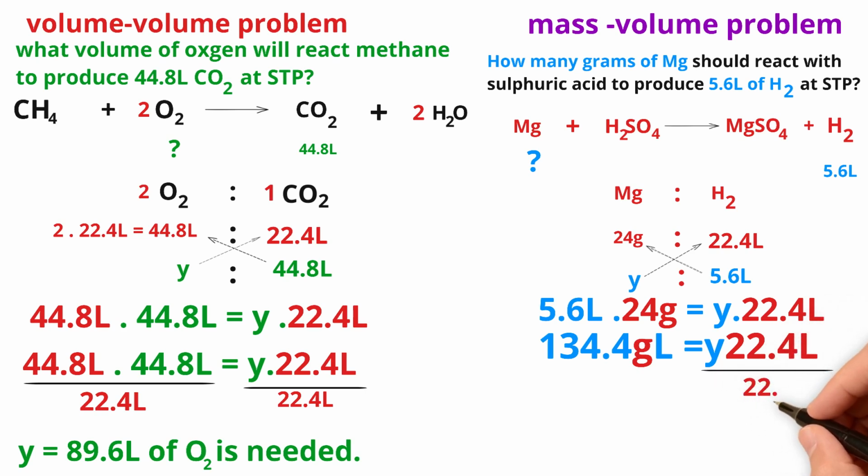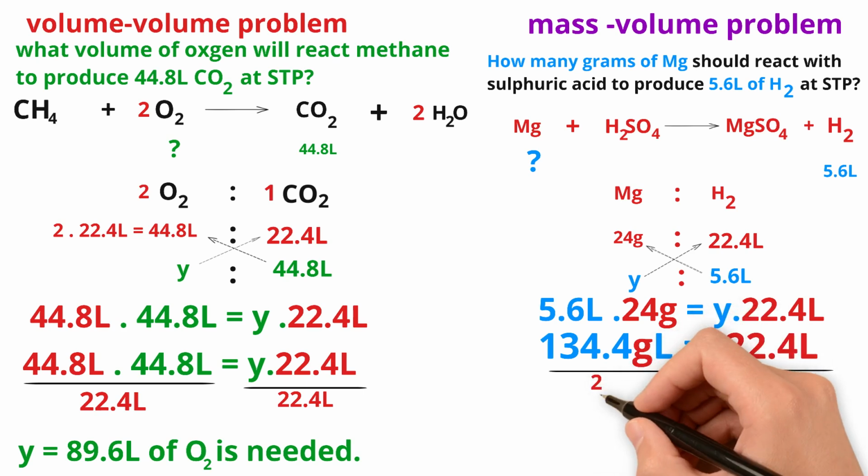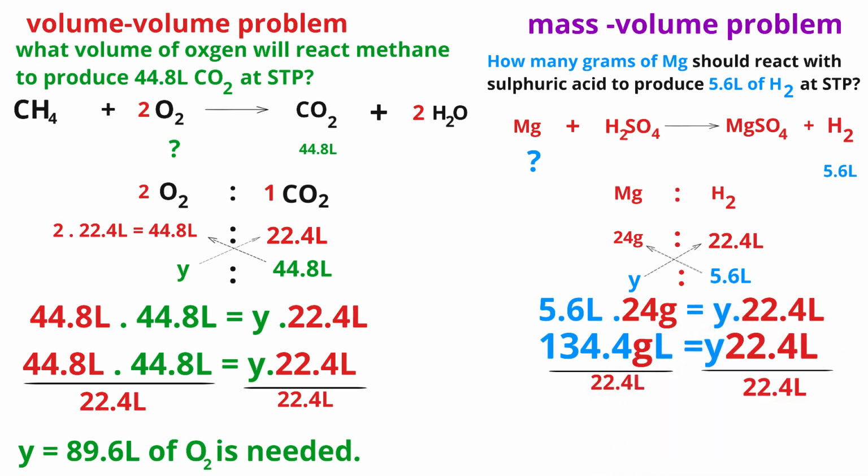The 22.4 liters cancel each other, and at the end of the day, we have Y equal to 6 grams of magnesium needed. Listen to me carefully. Just 24 grams required to produce 22.4 liters. 6 grams of magnesium needed to produce 5.6 liters of hydrogen gas. So the value of Y here is